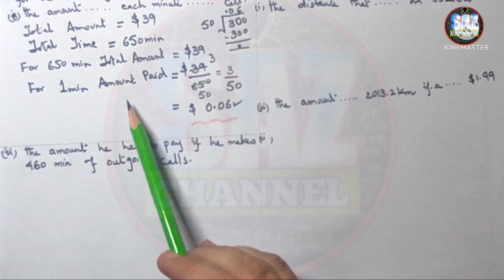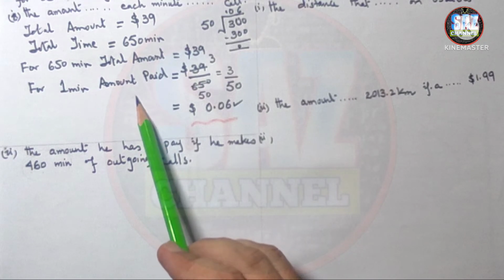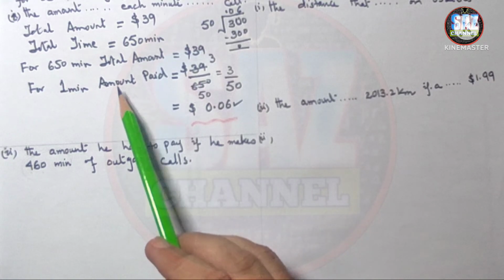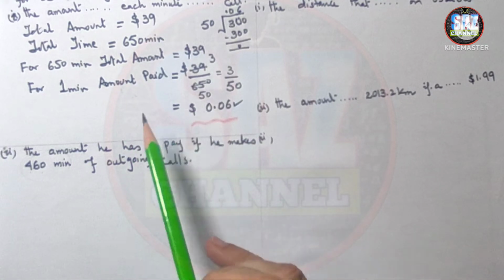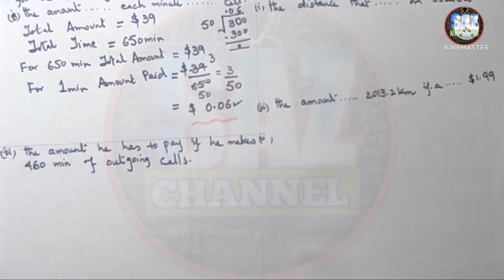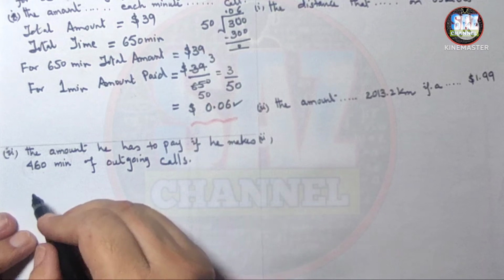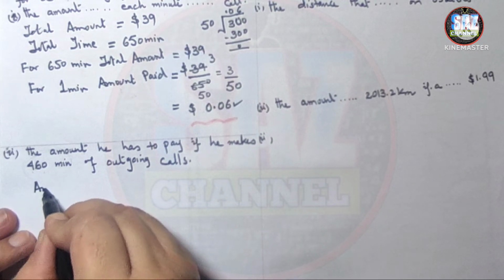If we look at the previous part, we can see that we are getting the amount which he has to pay for 1 minute. Amount for 1 minute is $0.06. So amount for 460 minutes will be 0.06 multiplied by 460, simple unitary method. So for 1 minute, amount paid for 1 minute will be equal to